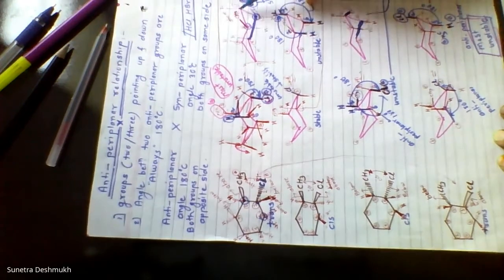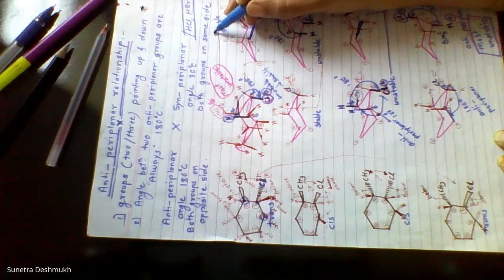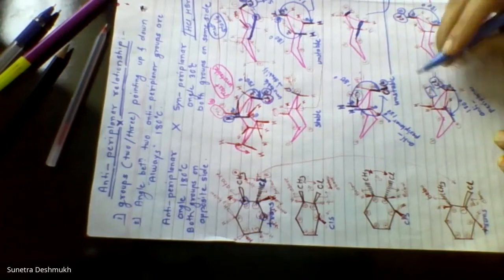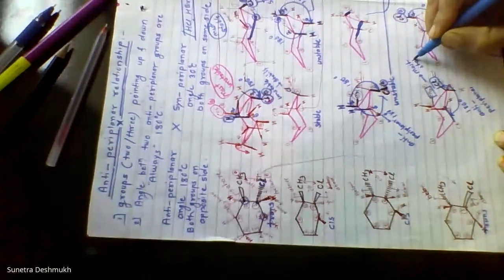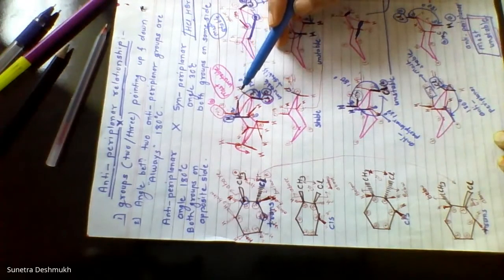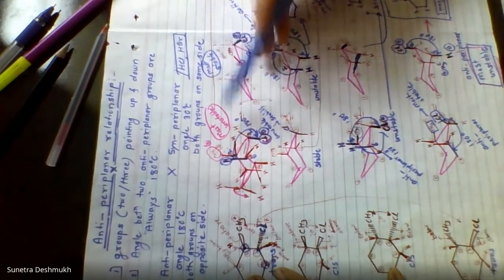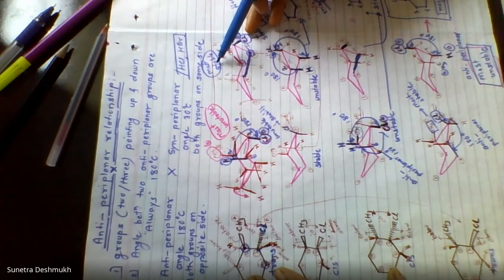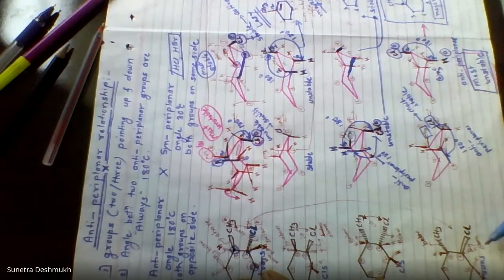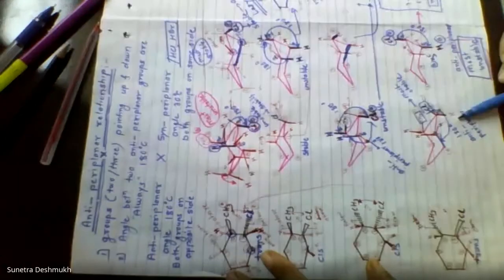In all these four things you can see, okay, here is chlorine and methyl group. These two are equatorially placed. So I think this is the most stable. I am saying stable. Here also chlorine and methyl group are equatorial. So this is the most stable. So you can see the trans conformer is giving the most unstable chair conformation as well as the most stable conformation. Okay, so most stable,